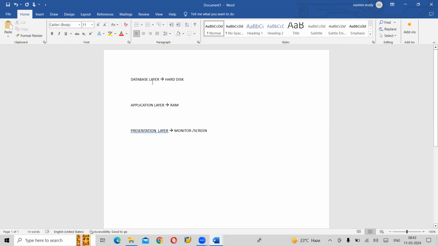Okay, so here, the database layer. Earlier, in 1972, the 3 layers were at one place. We didn't have an internet connection at that particular time. We didn't have a LAN network or wide area network or metro area network. So for example, you have your own desktop or laptop with you. You people are very far from my place. And in your laptop or desktop,